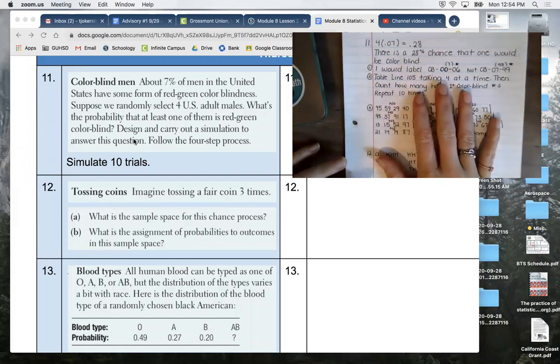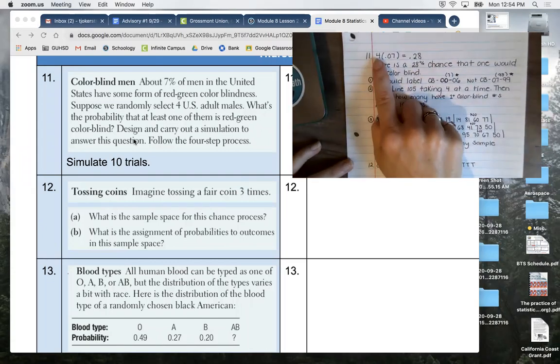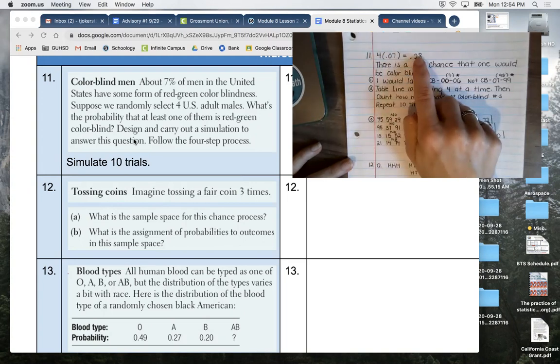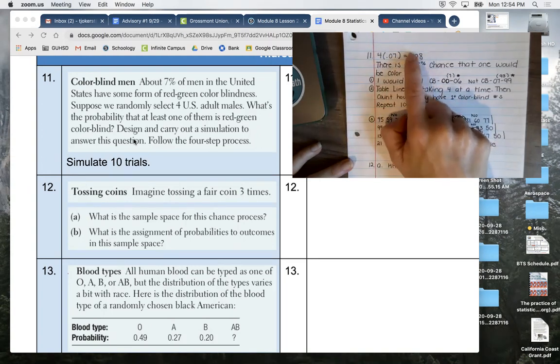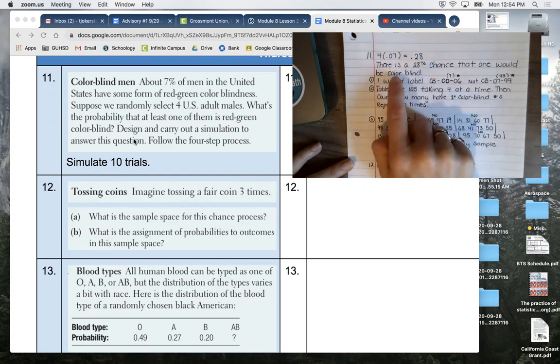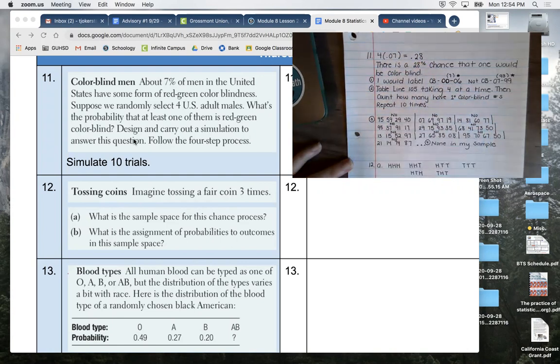So for this one, the first thing I need to do is, out of 4, if 7% are colorblind, I did 4 times 0.07. So there's a 28% chance that one of them would be colorblind. So that's what I'm going into this thinking. That's kind of what I'm doing actually, but